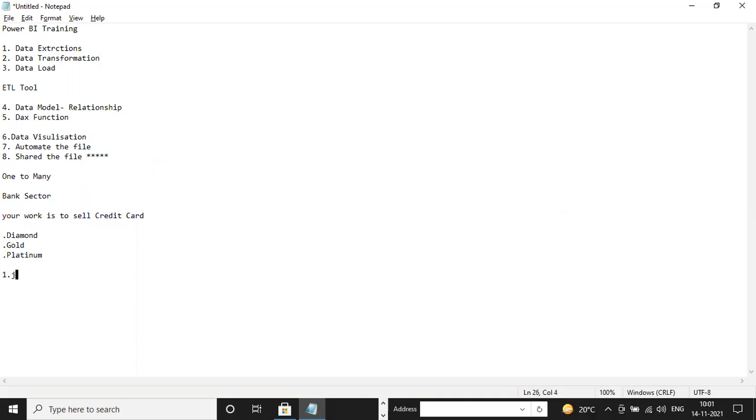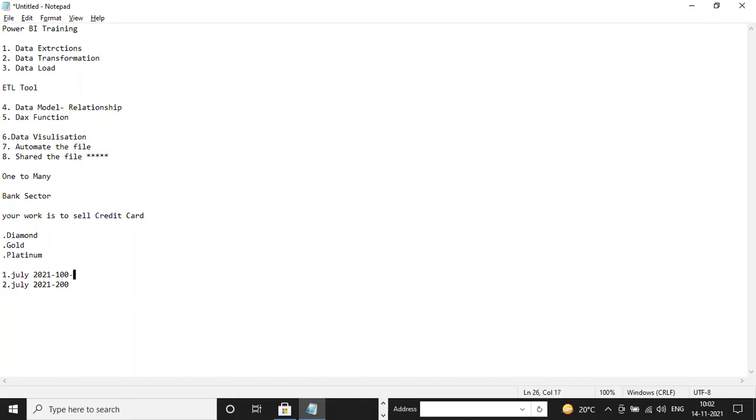And suppose on the 1st July 2021 and on the 2nd July 2021, you sell a total of, I think, 100 cards on the first day and 200 cards on the second.